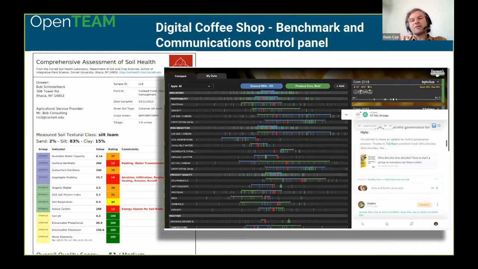And so some of this, again, is feeding in the next stage of data visualization and management tools that certainly have a foundation in the work that the Cornell Soil Health Assessment initially did, with being able to create ratings and benchmarking your results against everybody else's. This is one of the exciting things that Modus will enable us to do across labs,